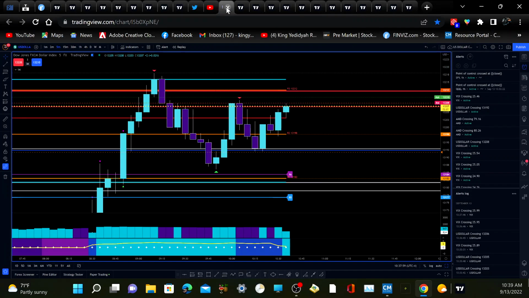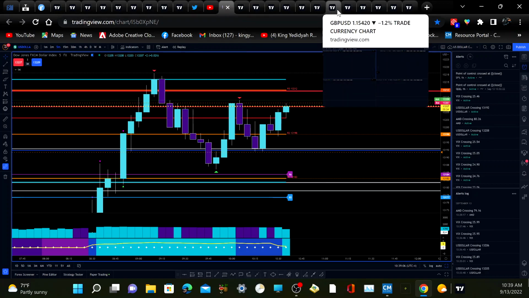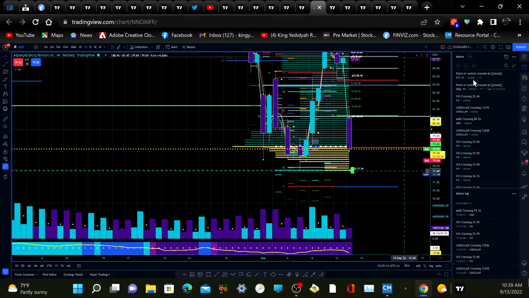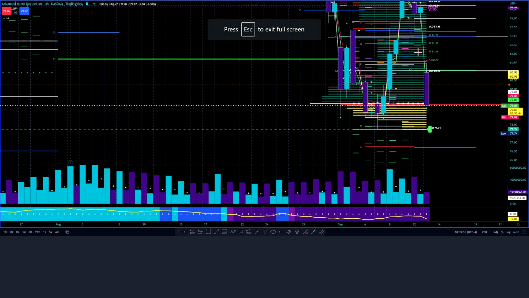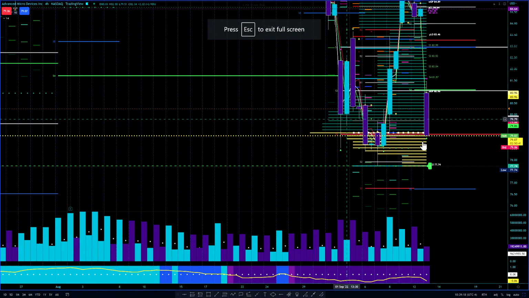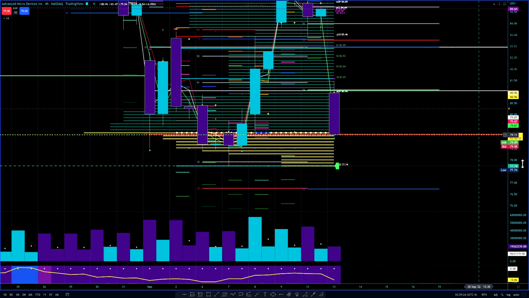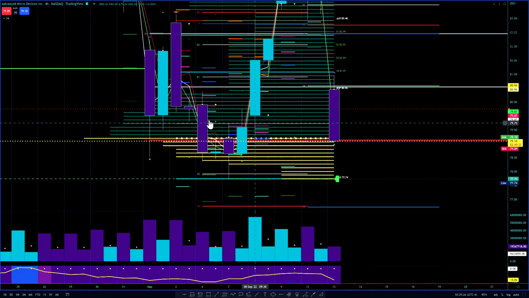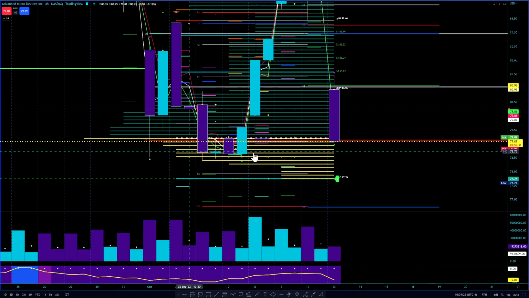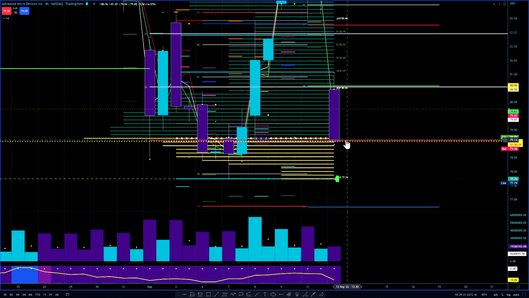Alright, so the VIX, US dollar, and AMD chart. On the AMD 4 hour chart, if you look at this closely, I think I can make this bigger a little bit. This is the monthly S3 level that we're breaking right now, which is at 79.12.